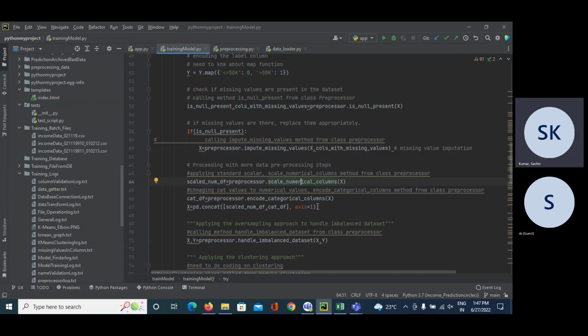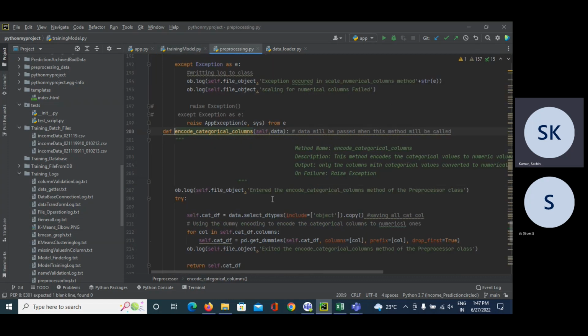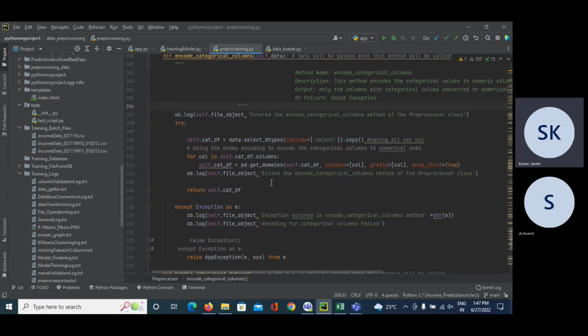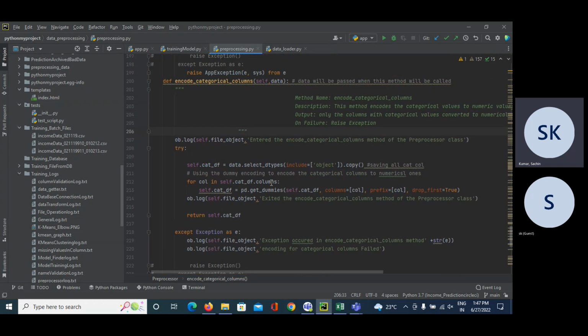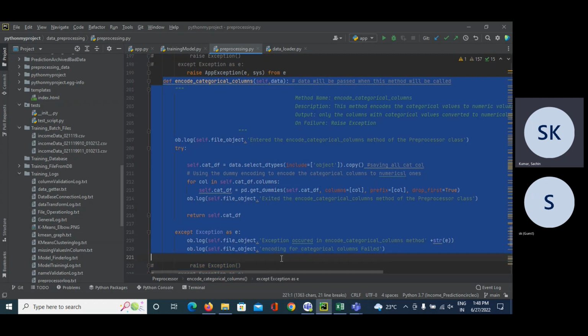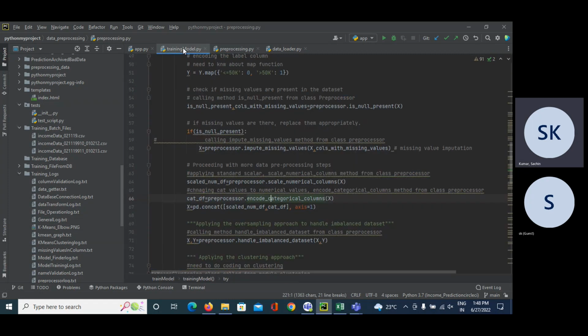Once this step is done, I'm encoding the categorical columns. Encoding the categorical columns means that in this method, whatever categorical values I have, I'm going to convert them to numerical values. You can see how I'm doing it. This is the code which I have written to fulfill my task. Okay, now moving forward,